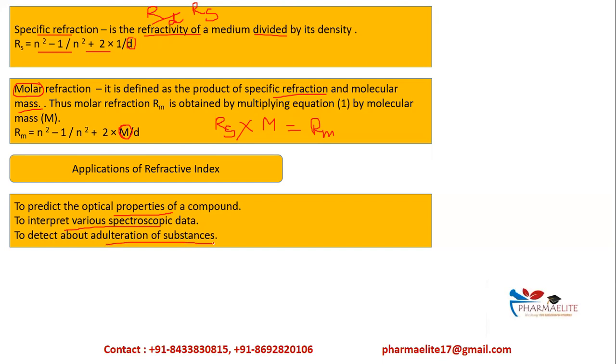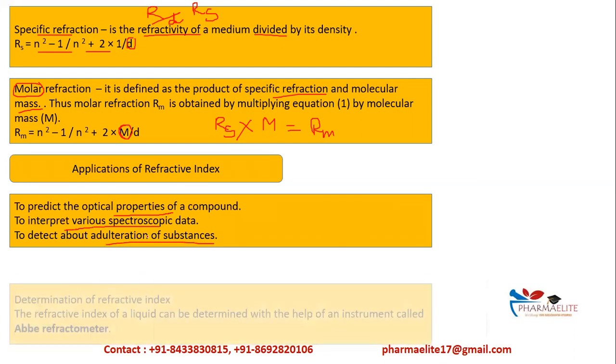Now we had seen the refractive index of glycerin is 1.47. So if you are using glycerin in your formulation, and if it is adulterated, then your product will also get adulterated. So to know if a substance is genuine, you can also test its refractive index. IP में भी हमेशा देते हैं, right? For any monograph of a substance, refractive index is one parameter.